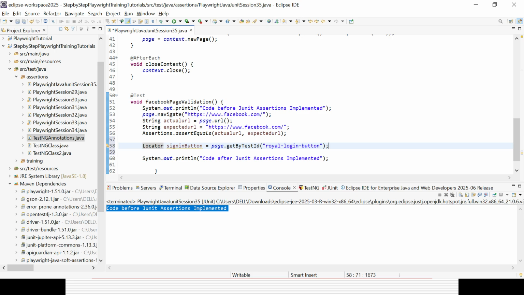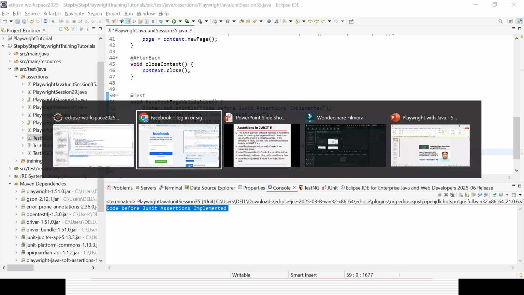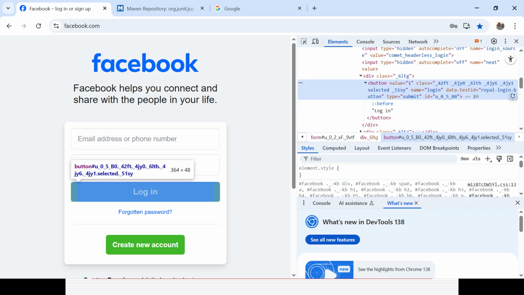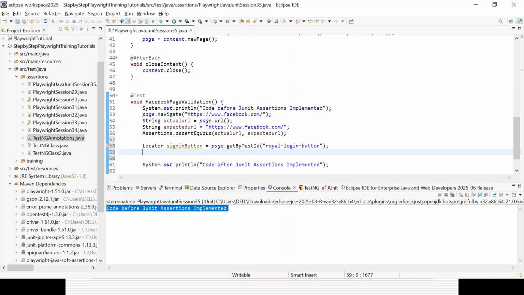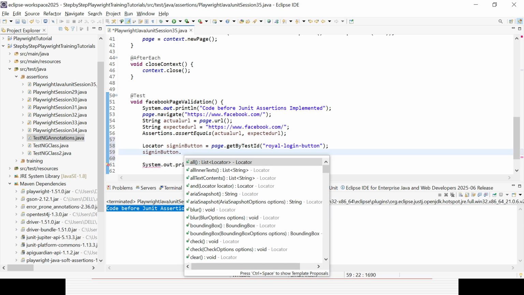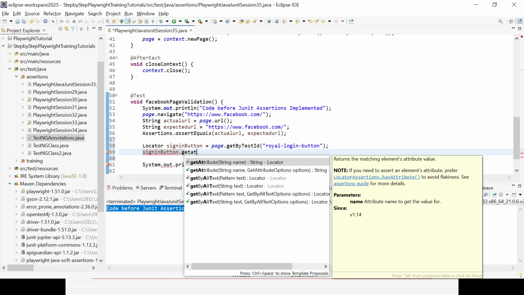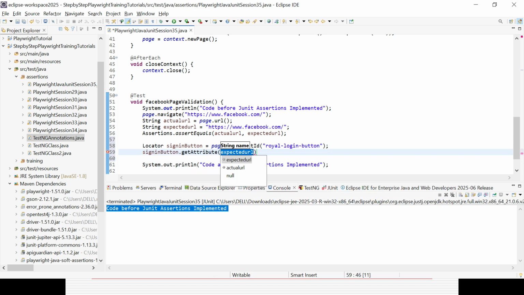Now I can try to validate some of the stuff. Suppose I want to validate the name field of the locator. So what is the name field value? Name field value is login. So what I can do, I can take that locator object and call the get attribute method, and I can give the name attribute. So what is the name? I can store it in some string variable, string actual